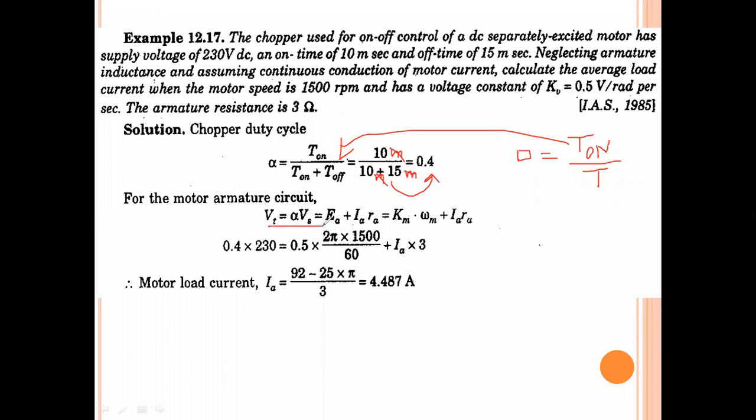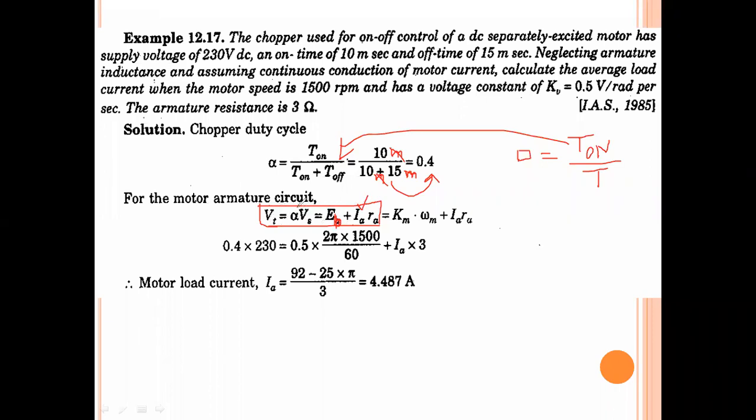And this is our motor armature equation. VT is the armature voltage here. EA is the back EMF. Generally this is EB, but in the PS Bimbhra textbook, back EMF is given as EA, so don't confuse with it. EB means back EMF. So VT equals back EMF plus IA RA. We need to calculate IA from the given information.